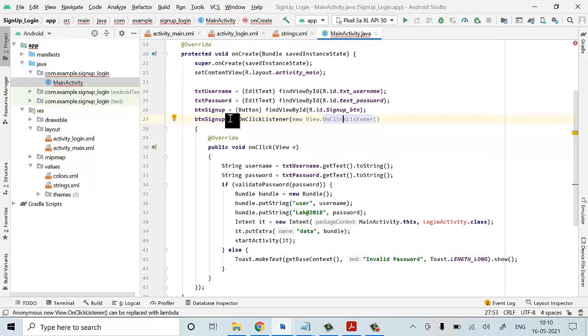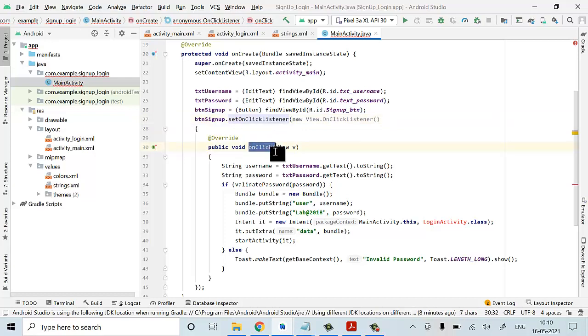Whenever we write setOnClickListener, we must write the onClick method in that particular program. For this, the parameter is vv. Next, once someone has clicked that button, it is going to take values from your text box.